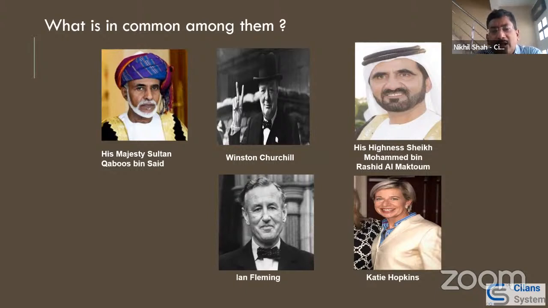Some of the obvious things would come to the surface, like what is their birth country? What is their birth year? Perhaps they might all have been born in the same year, right? Where they have taken education, or what are their spouse names. I mean, so many possibilities. And a simple software program written in Python would have figured out by now, in just a matter of a few minutes, that yeah, it seems like they all have studied at the same college, same university, right?